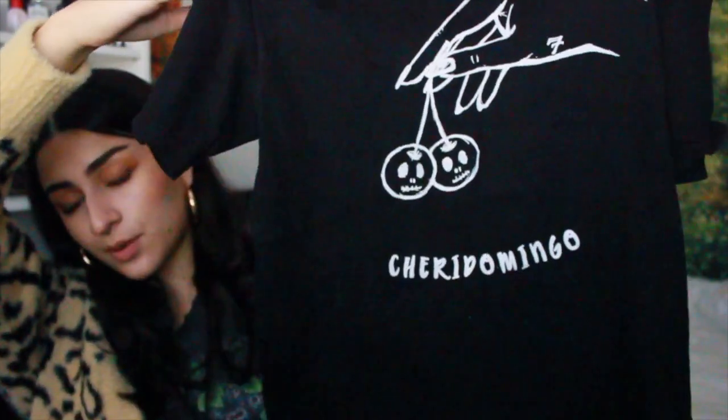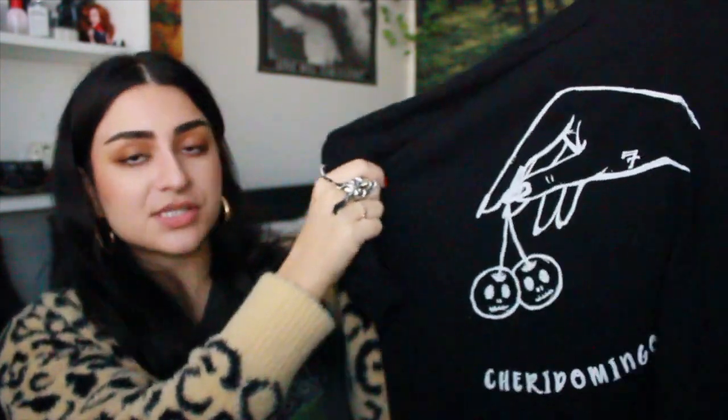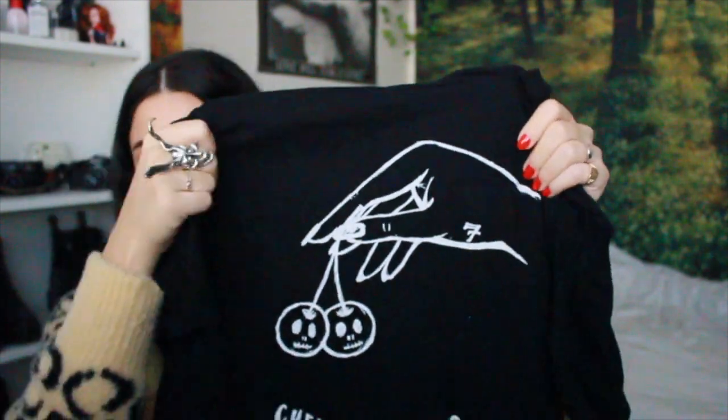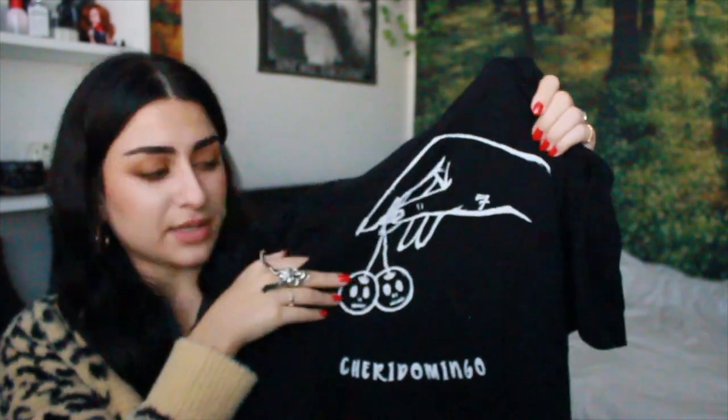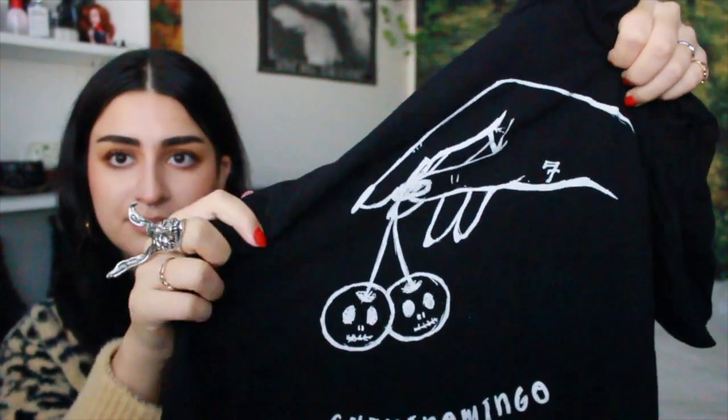This shirt is from a local band, local-ish to me. This is a band called Cherry Domingo. Fun story, I designed the graphic on this one. I don't know if I showed this in a past video. I must have, because this was from so long ago, but yeah, I designed a little, not the script, that's not me, but the hand holding the little skull cherries. That is my hand actually that I used as a drawing reference,